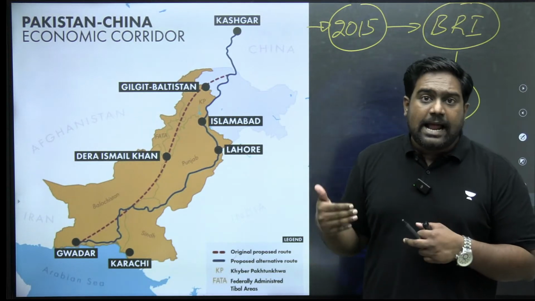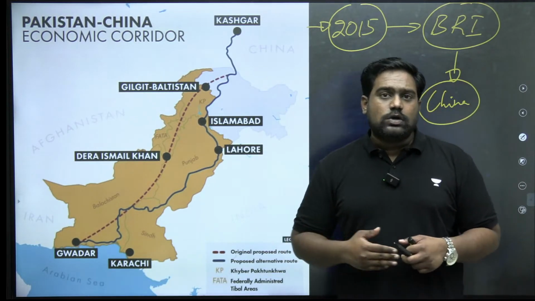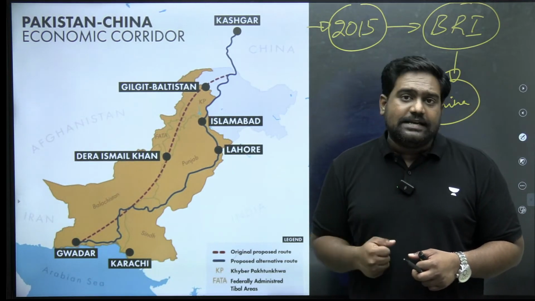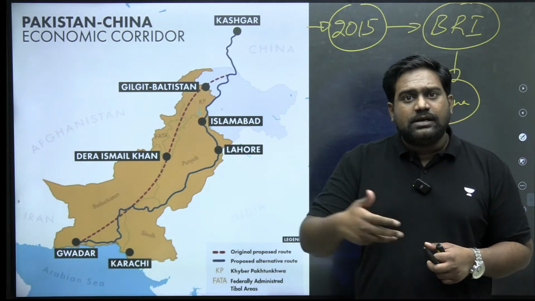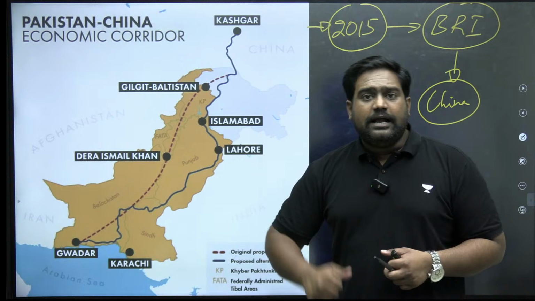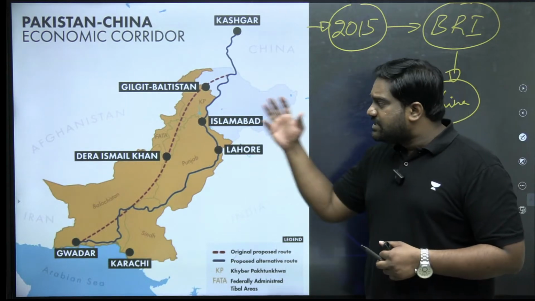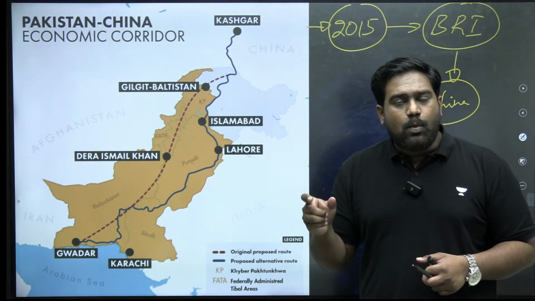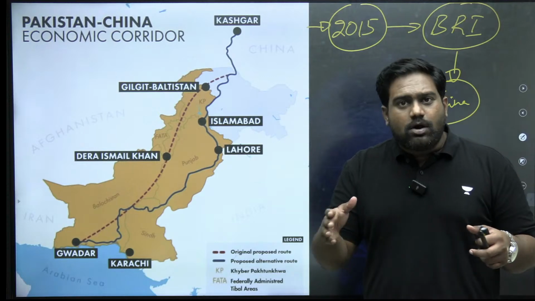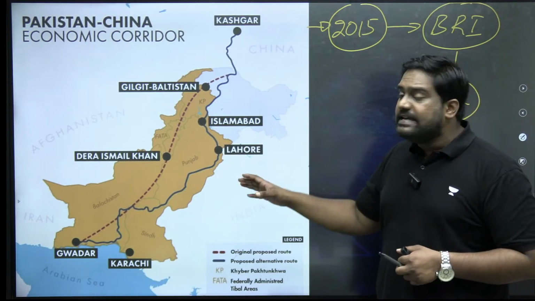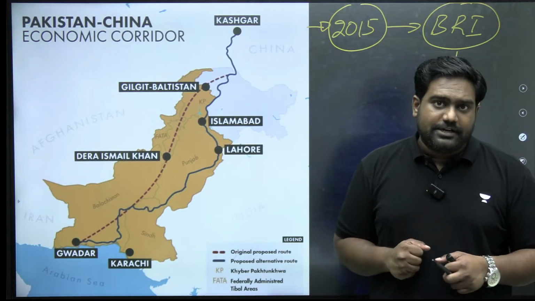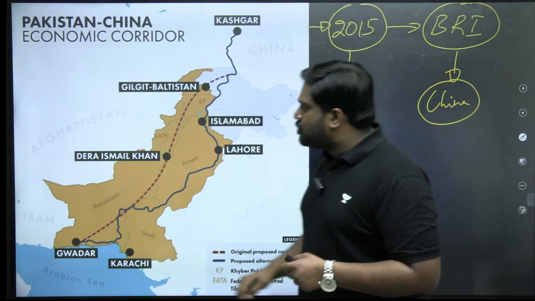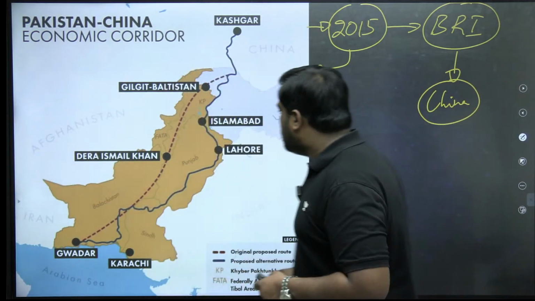On the other hand, there is a land-based component, the Silk Road component, which includes a network of roadways, railway lines, oil pipelines, connecting China with rest of Asia, especially Central Asia, West Asia, and Eurasia region. So these ambitious connectivity projects of China, collectively, they are part of the BRI, or One Belt, One Road. So there are many components within the BRI, and CPEC is considered to be one of the most important components, the China-Pakistan Economic Corridor. So this project, which took off in 2015, it includes